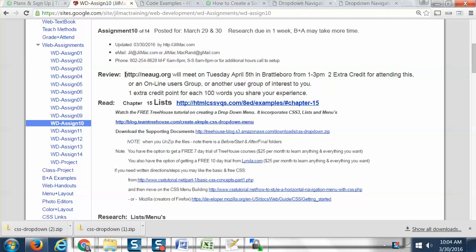Just a little review. You can always go out to neog.org and see what's going on at our user group down here in Brattleboro. You get 2 extra credit points if you come and attend a user group meeting. That's just because I'm there. I'll know you're there and probably just talk with you a little bit, so you don't really have to turn anything in. But there are other extra credit opportunities. You can go online and find another user group, whether it's an online user group or an on-ground one, and you get 1 credit for each 100 words you share about your experience. So that's always an open one,